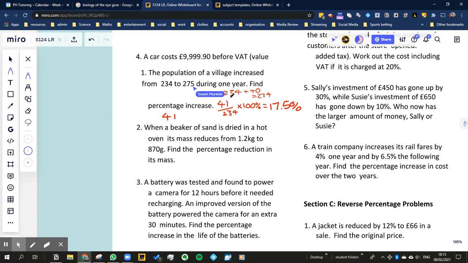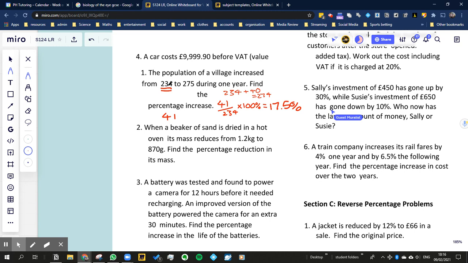It increased by 41. The actual increase was 41. And then we want to know what was the percentage increase. It means the percentage increase of the original, which is this. Now, this is the classic kind of thing that people make mistakes with in percentages. They don't know which number to do the percentage of. It's of this one. If I'm doing a percentage increase, the percentage is going to be of